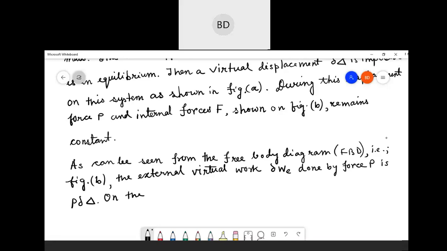On the other hand, the internal virtual work del WI